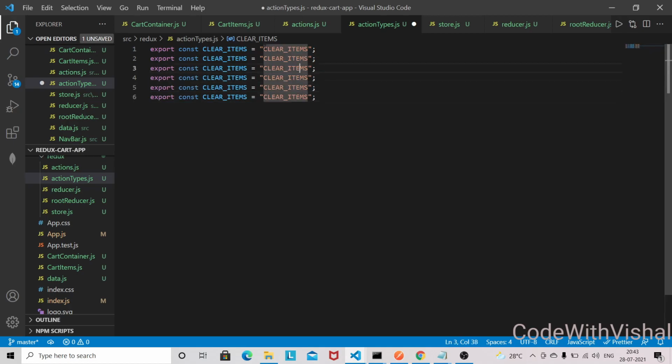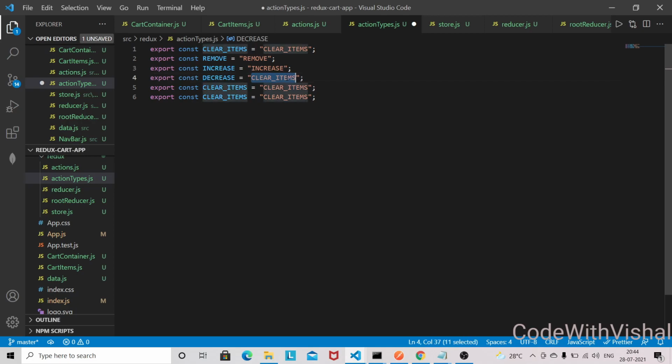Okay, this will be remove, increase, and this will also be increase, this will be decrease.